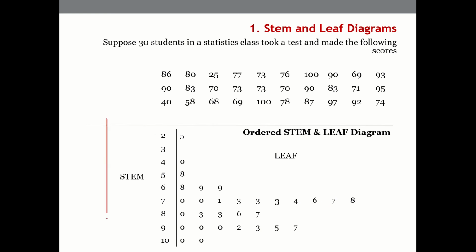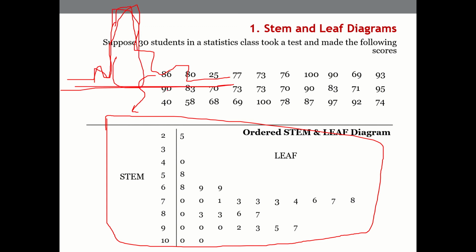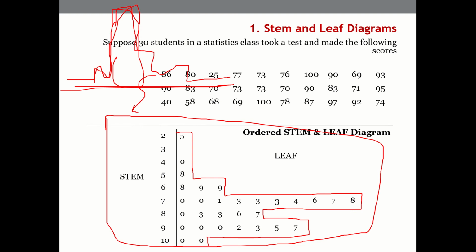So this is also one very simple way of converting the raw data to understand how the data is spread. If I had shown you a graph, we could easily say the data set is higher here, and people are scoring in this range. The same thing in the form of numbers is presented here. If I convert this into a histogram, it may look like this, right? Isn't it?